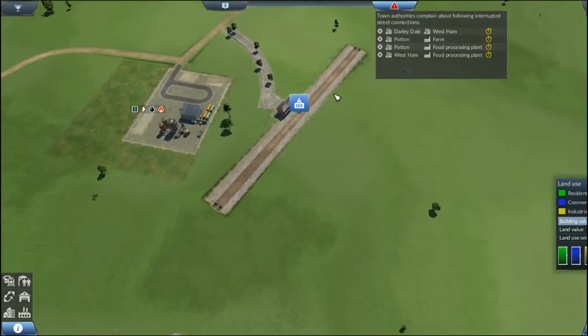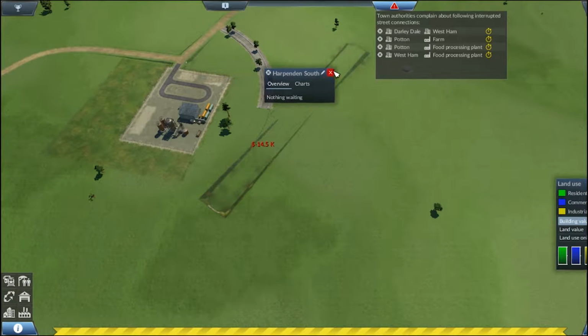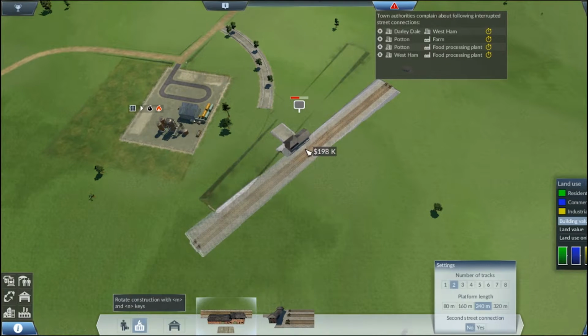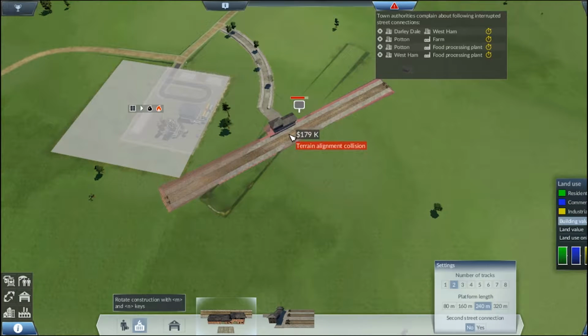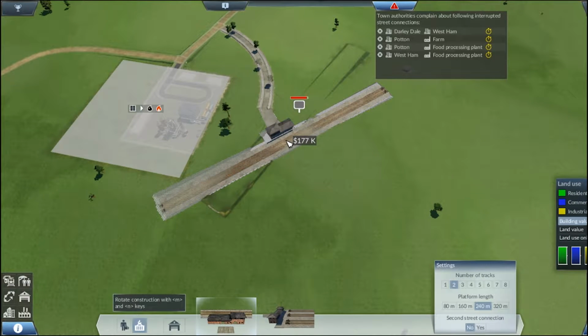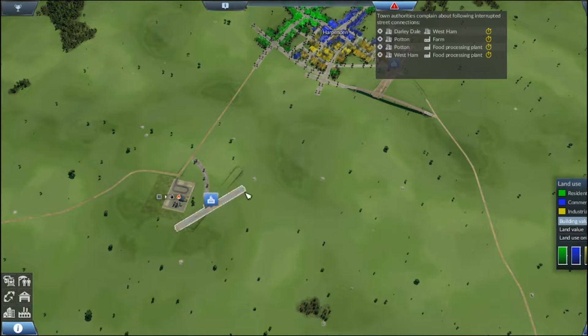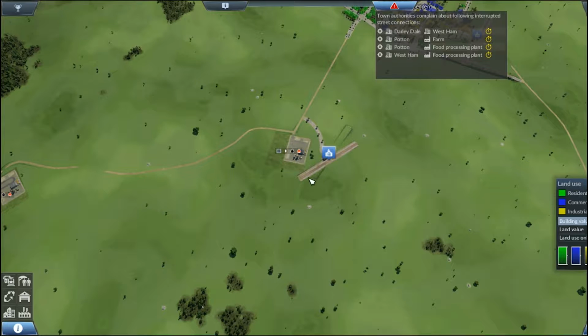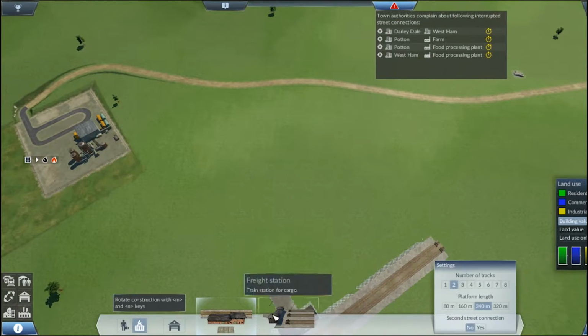Do I want to get rid of it and put it down again? Does that cost me money to do that? Yes. Oh well. What a waste of money. Oh well. So if we do that... more like that. That'll be a better line connecting there. And then we can bring it around and connect it to...